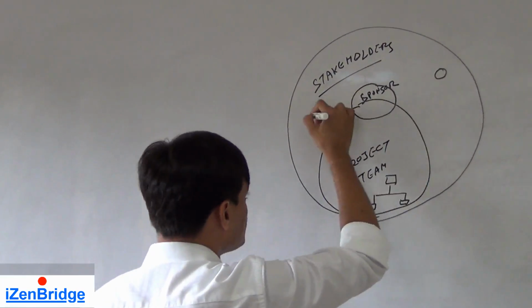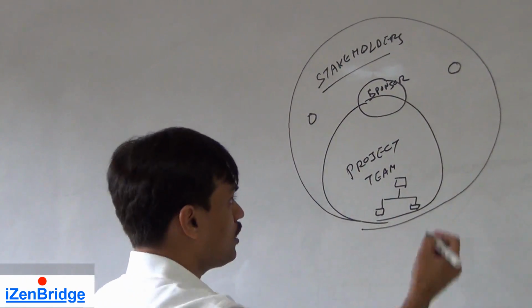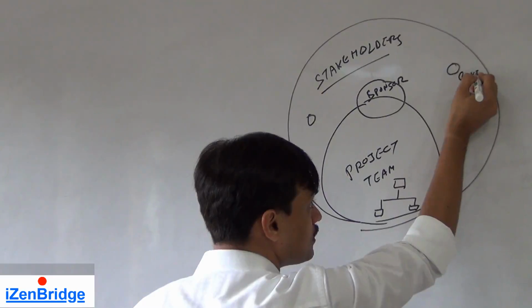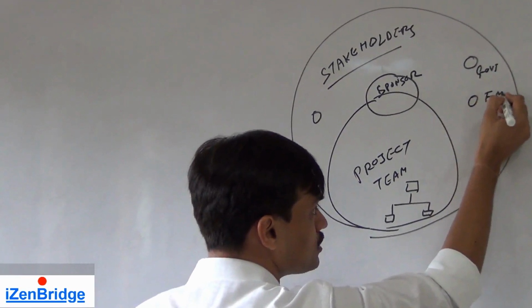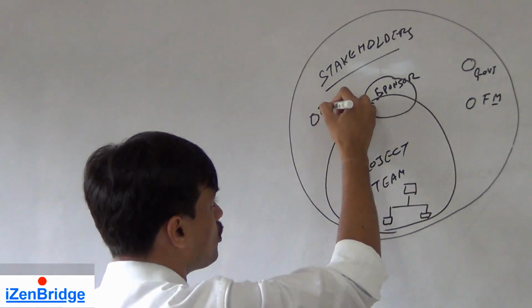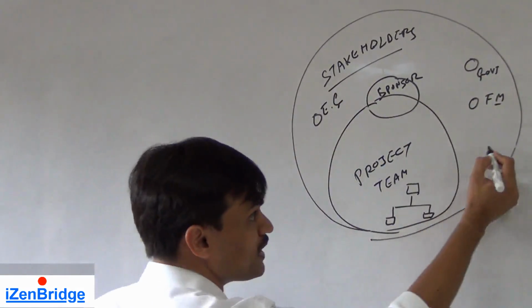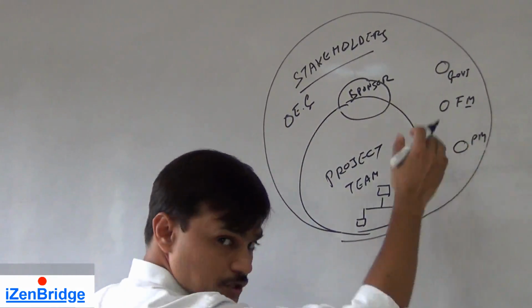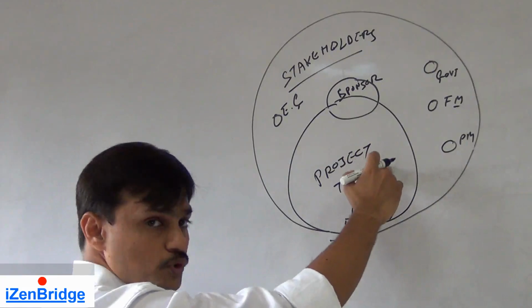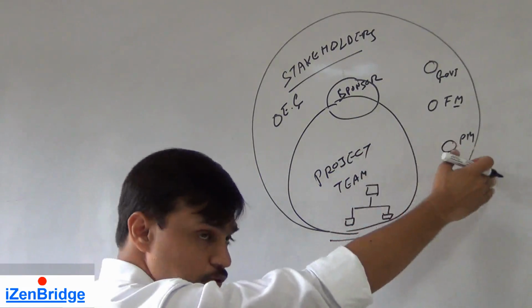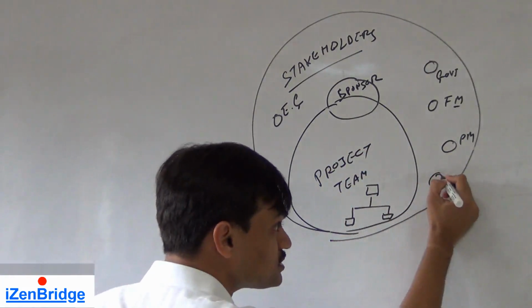Now these are the stakeholders: could be a government agency, a functional manager, an environmental group, another project manager, a PM from another project who may want to take the output of your project as an input for their work, could be vendors,